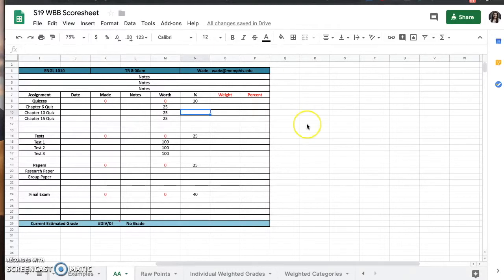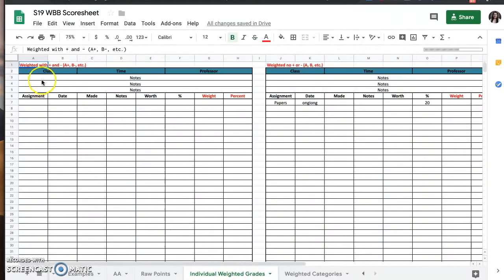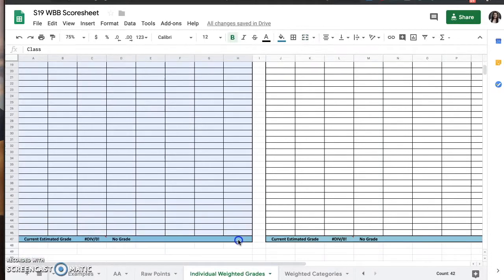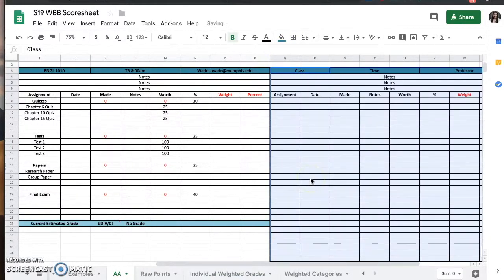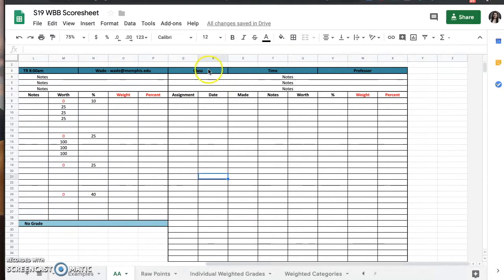Okay, so now we're going to move on to our last type of score sheet, which is individual weighted grades. So again, coming down to the bottom of the Google Doc, come to individual weighted grades, select your corresponding template, and then copying and pasting right next to your other one. And then again, you'll fill in the class,